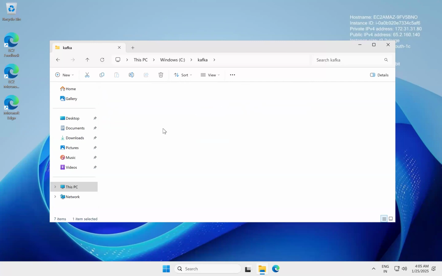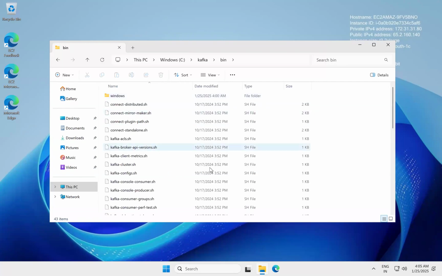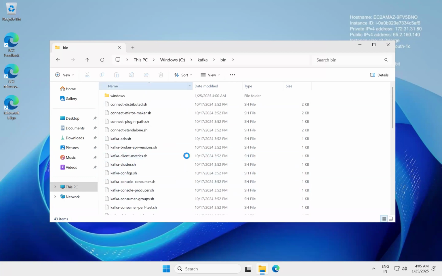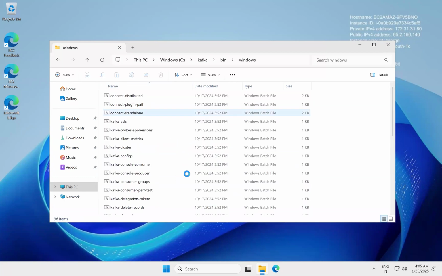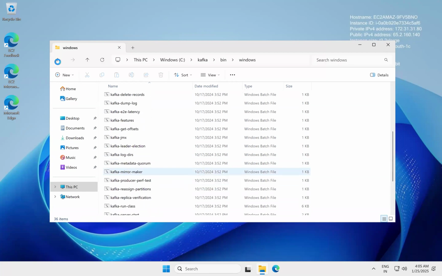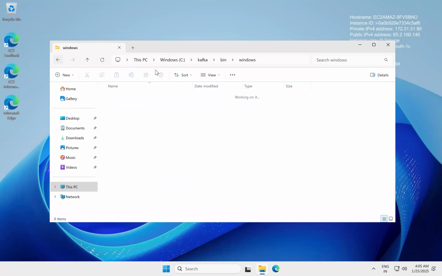In this bin folder, these are shell scripts, which are used on Linux machines. So we can run these scripts. But if it is a Windows machine, all these are batch scripts. How to start Kafka and again consumers and producers, topics, all these things, right? Now,